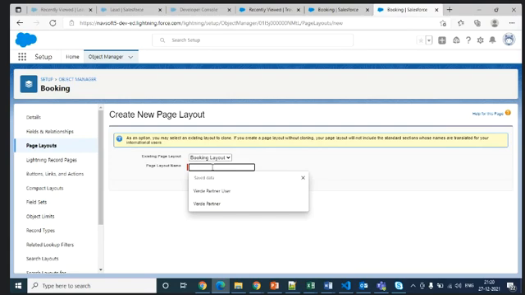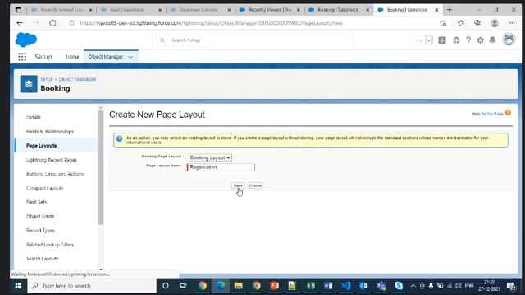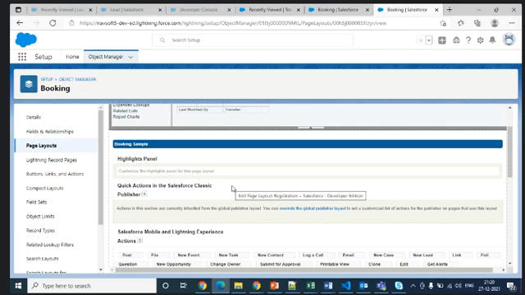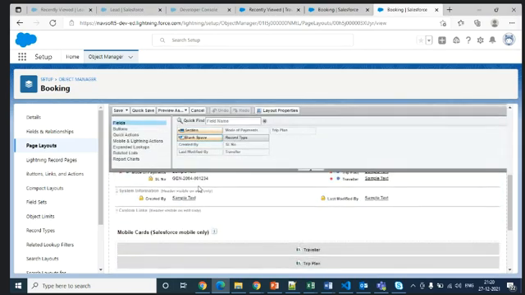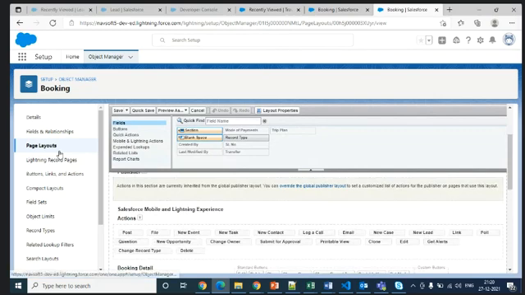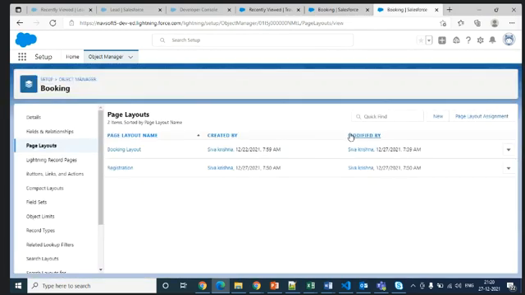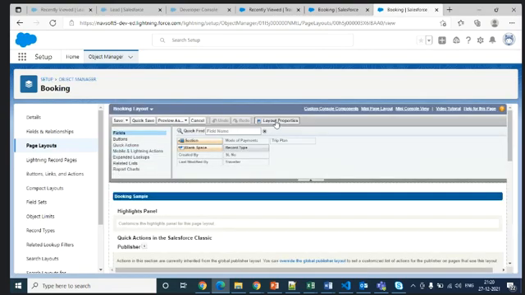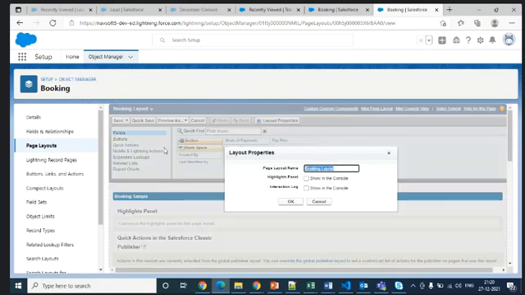Refer to the master layout and make it registration. Also, you can create one more layout, or else you can edit it as non-registration, as we know. How to edit it? Open that, click edit properties, and make it non-registration. This one.